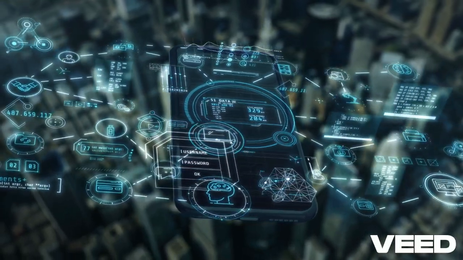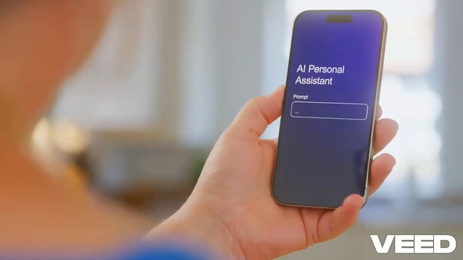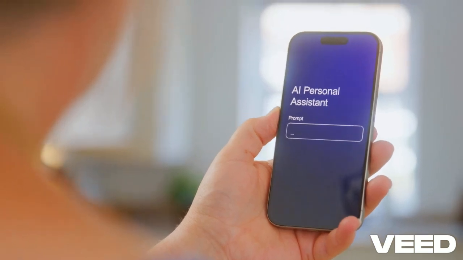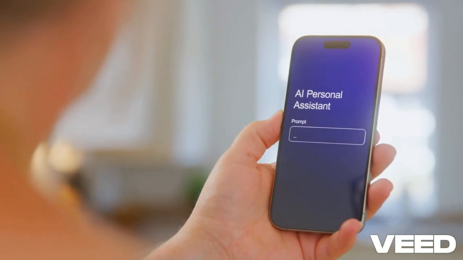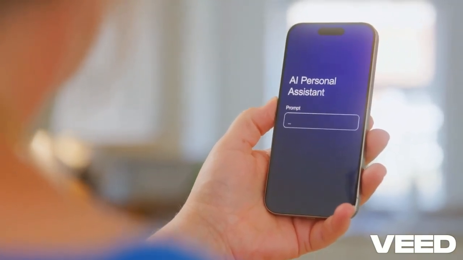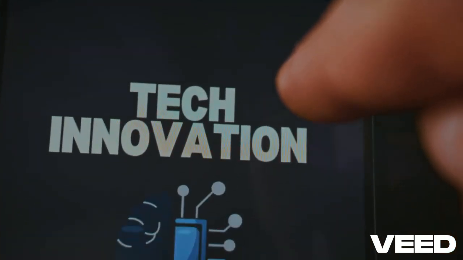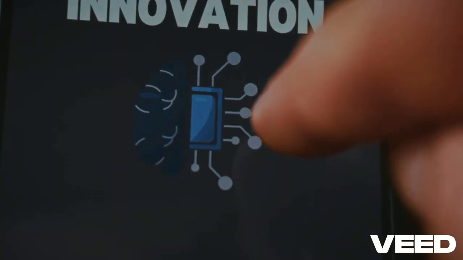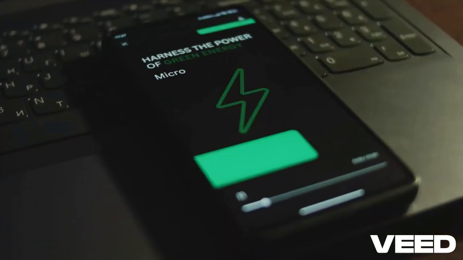Programming languages like Solidity for Ethereum smart contracts, Rust for Solana, Polkadot, and Near blockchain development, and JavaScript with Web3.js for interacting with blockchain from the front end will be essential. Development frameworks like Truffle and Hardhat for smart contract development and testing, The Graph for indexing blockchain data, and IPFS and Arweave for decentralized storage solutions will be crucial.